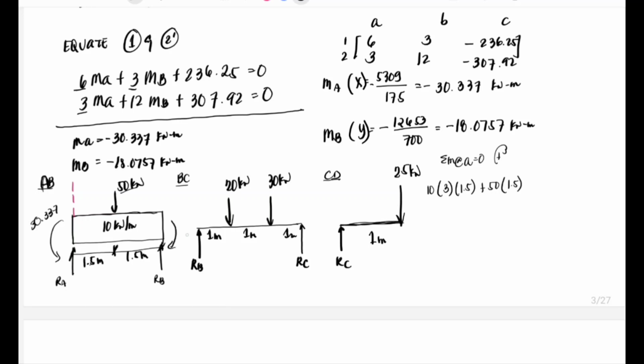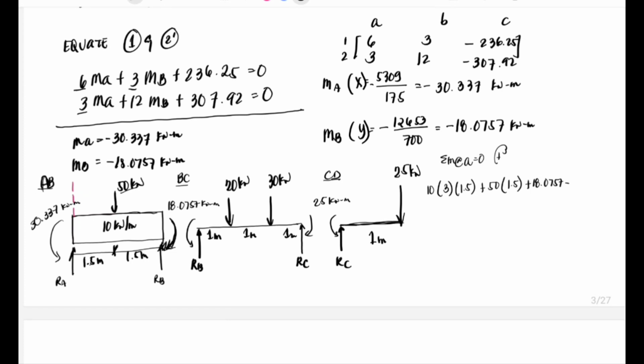30.337. Itong kabila naman, moment naman yan, negative din kasi downward eh. So, we have 18.0757 and the other one is 25. This is your moment C. Hindi nyo na po kailangan ilagay yung inyong sign convention dyan kasi po downward na po yung ating moment. Okay, so 150.1.5. I-plus nyo po yung ating 18.0757 and then